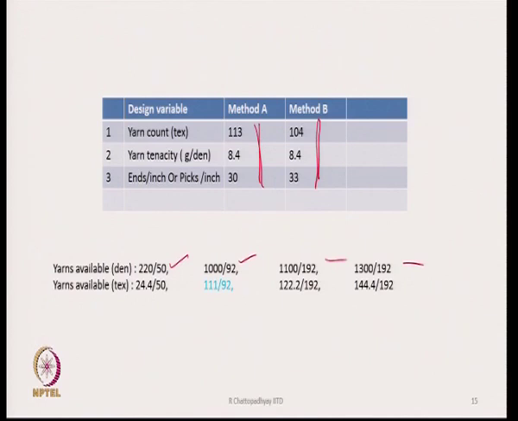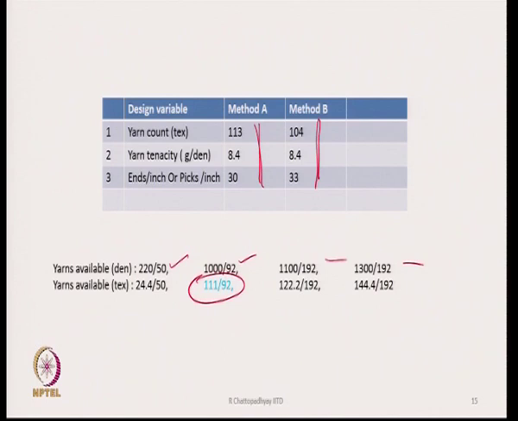Therefore, we can see that in terms of tex, 111 is close to whatever values we have found out. So, these yarns can be chosen from the tex count point of view, and now we also need to know what is the corresponding